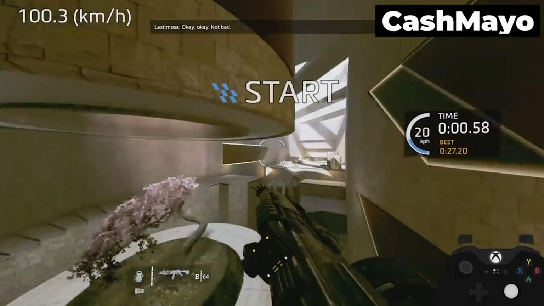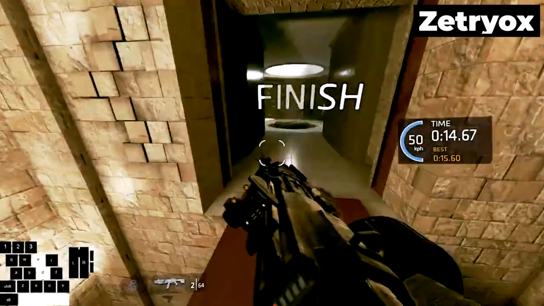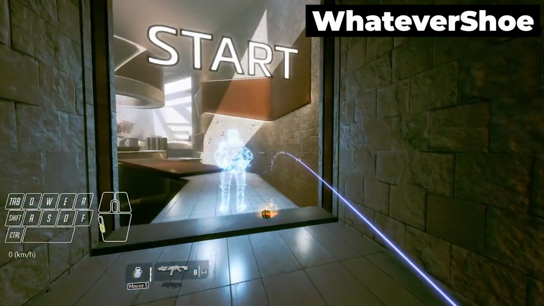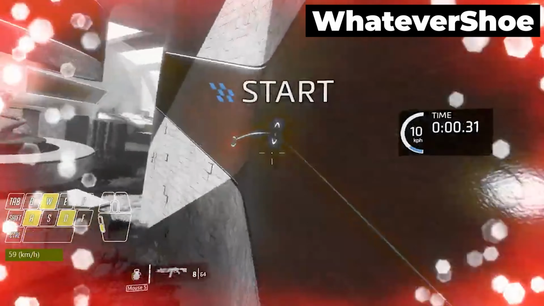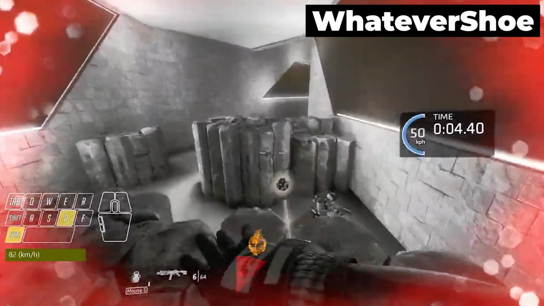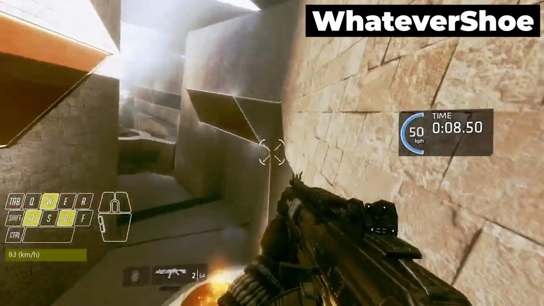The level of finesse that players like Cash Mayo, Whatever Shoe, and Zetriox have shows that Titanfall 2's Gauntlet can be finished faster than my first relationship. Things like grenade boosts allow players to speed through the Gauntlet by propelling themselves forward with explosions. Because they understand how to use movement to their advantage, they can continue to push the time lower than ever